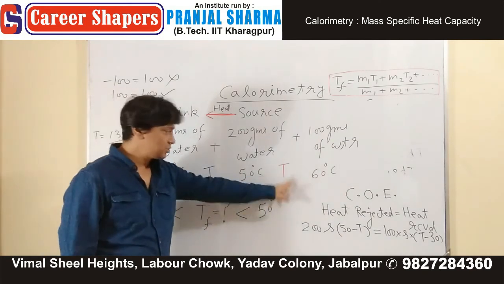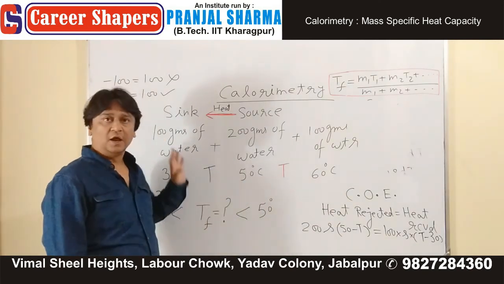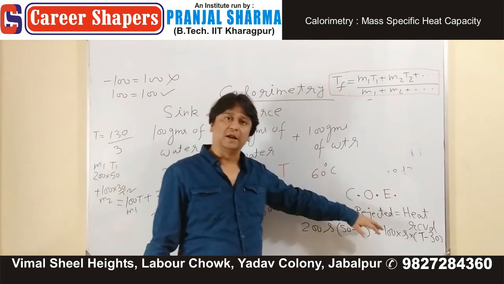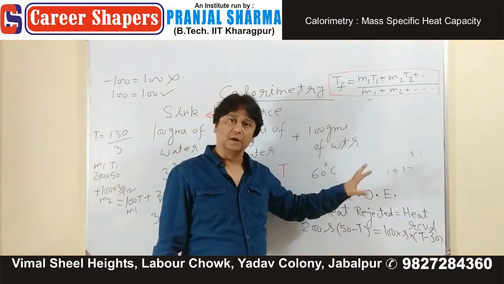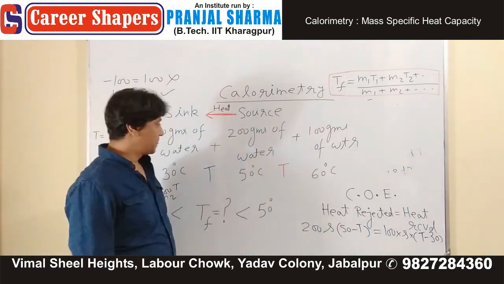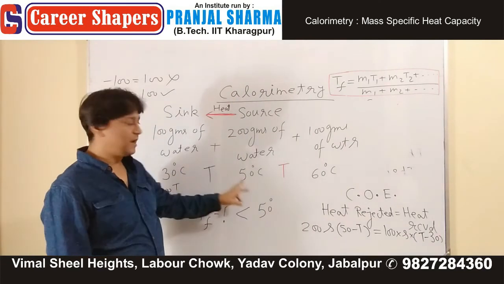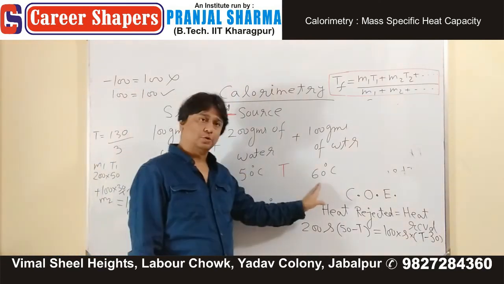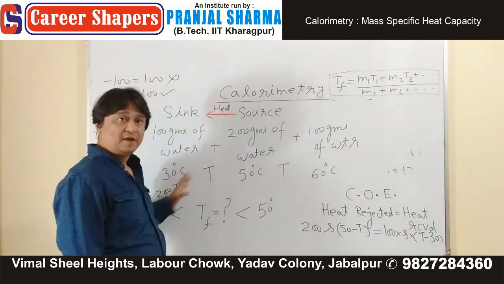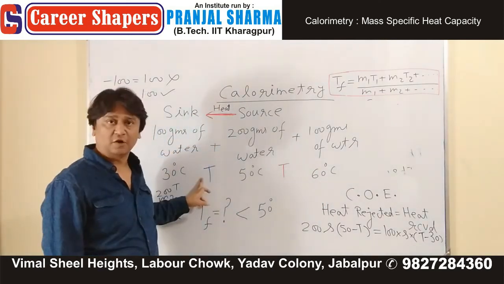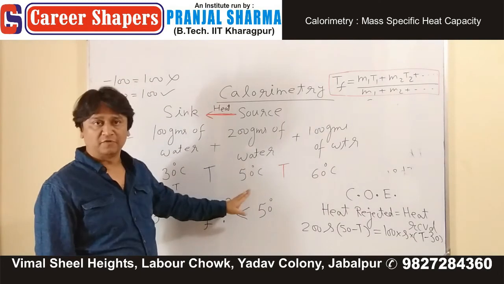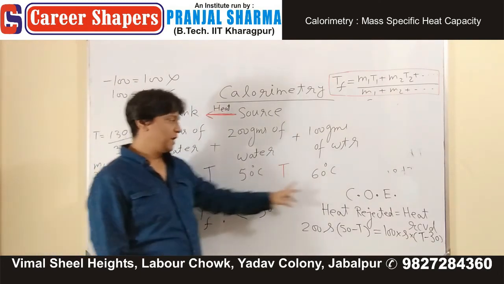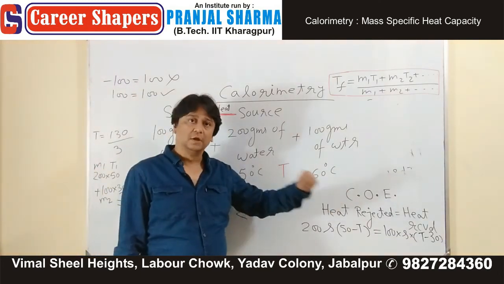If T has to lie between 50 and 30, if you have taken everything correctly, it will give you that only. Similarly, if T is between 30 and 50, you make these two source, this one sink. If somebody takes this value of T between 30 and 50 and assumes that 50 and 60 are the source,